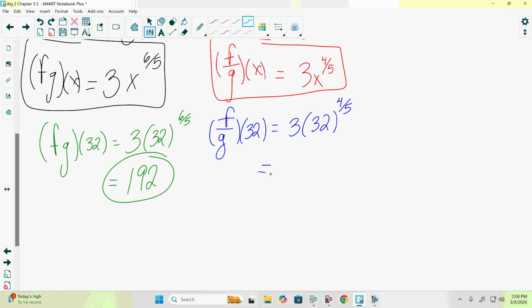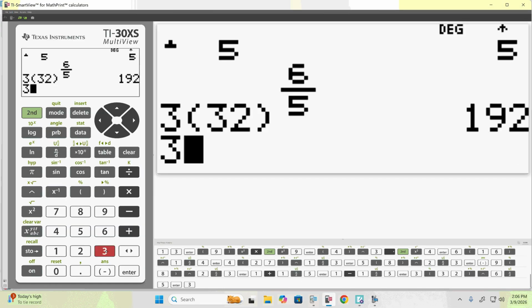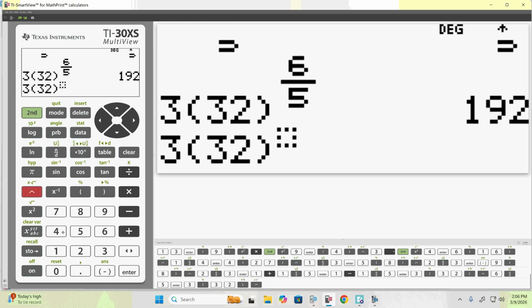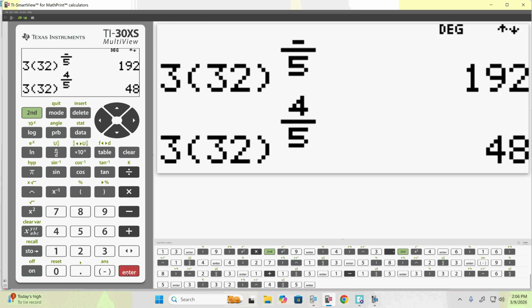We'll do the same thing with f divided by g of x. So 3 times 32 to the 4/5. 3 times 32 is